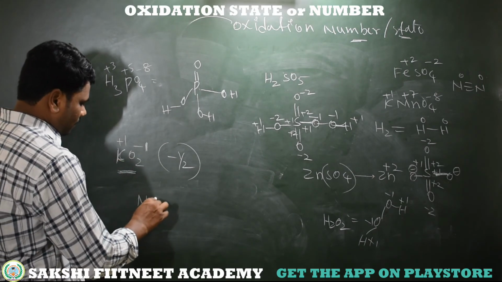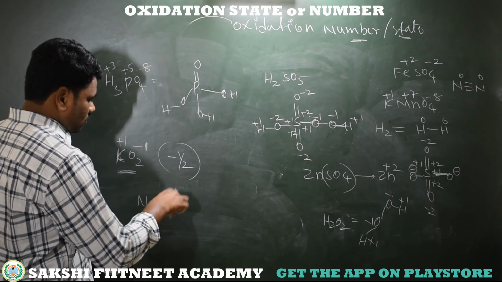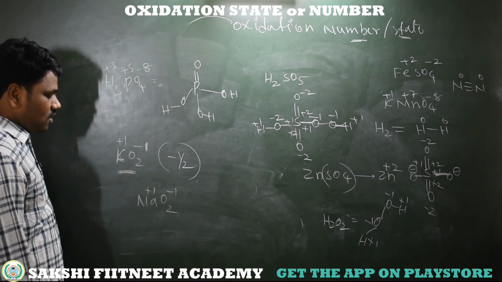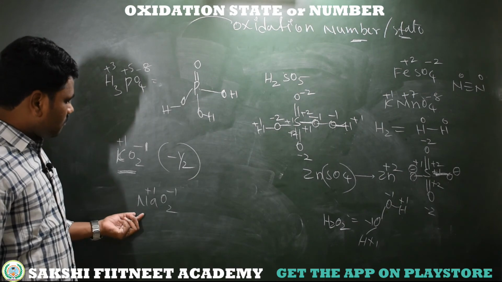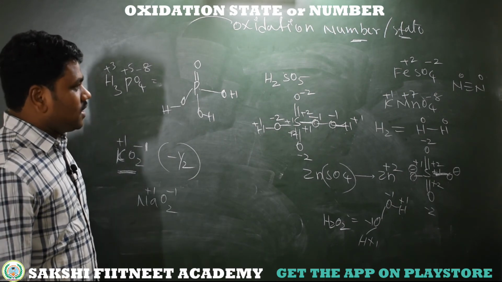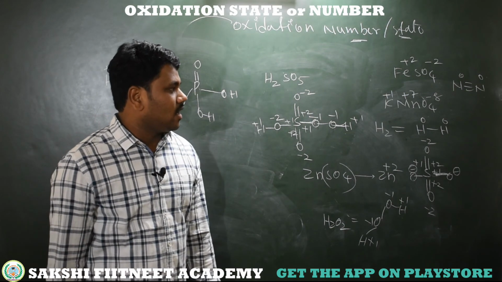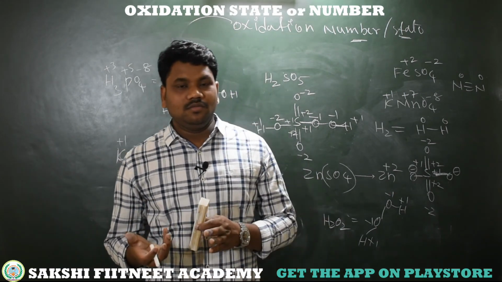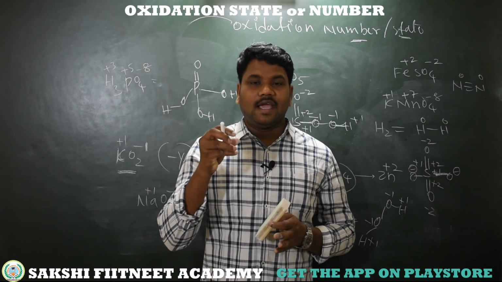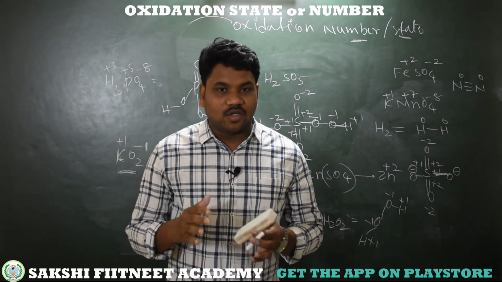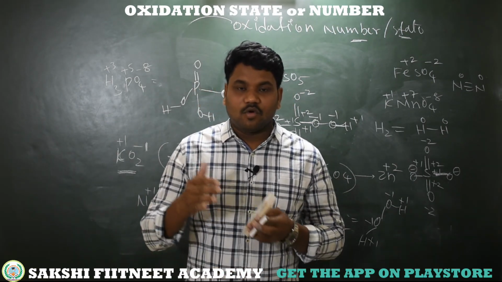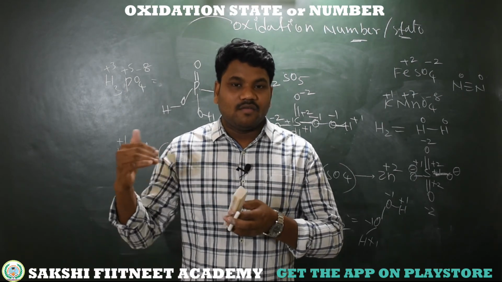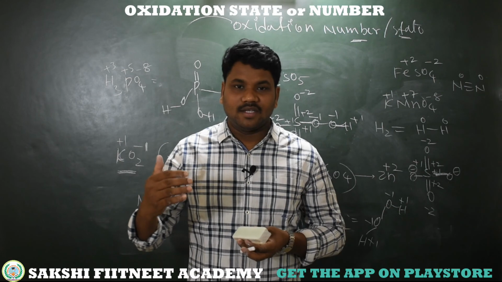Now here I am taking NaO2. So O2 gives minus 1 and sodium gives plus 1. This is the oxidation state around sodium and O2. Based on their valence electrons and their electronegativity difference, we can assign a positive number and negative number on elements called oxidation state. So in the next video we will discuss some more examples which are exceptional and which are very very important for entrance exams like IIT Mains and NEET.